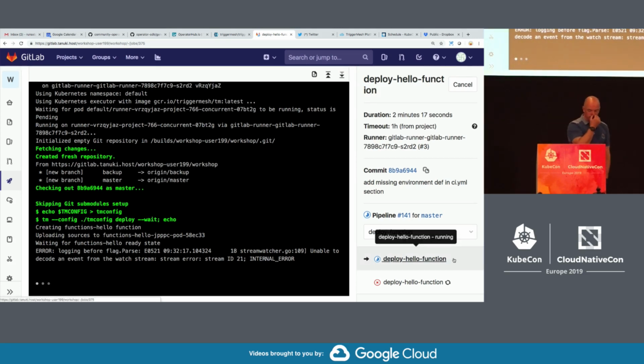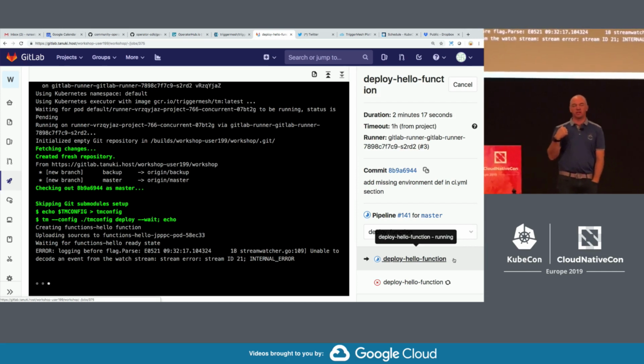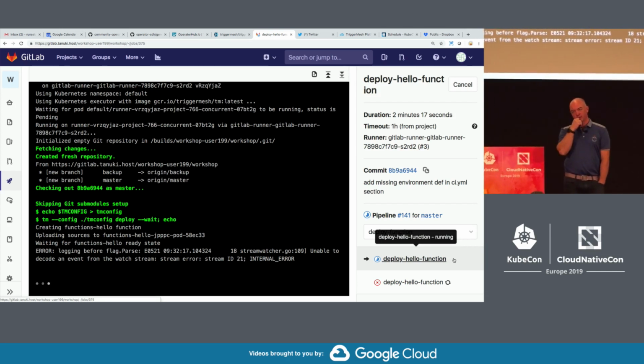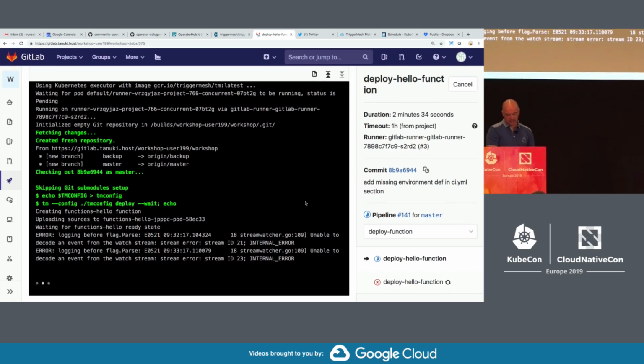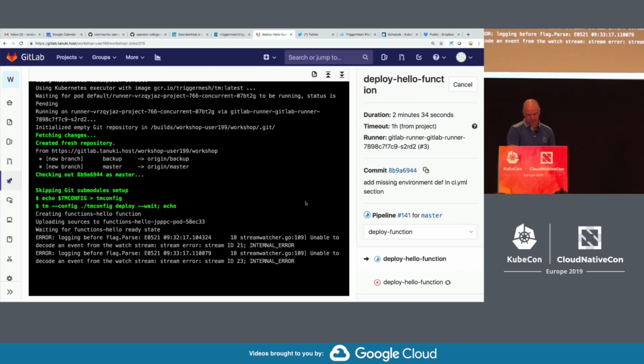So the challenge of this workshop is that behind it, trying to make the infrastructure transparent, we have a cluster that's auto-scaling, right? And it's probably taking a little bit of time to auto-scale. So the experience of very quick function deployment is